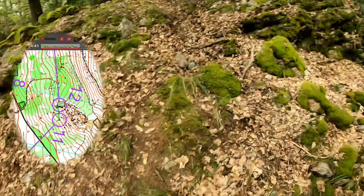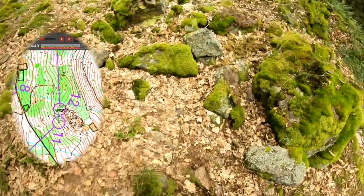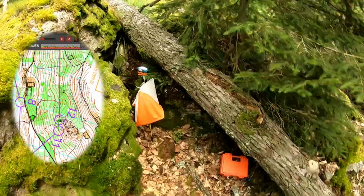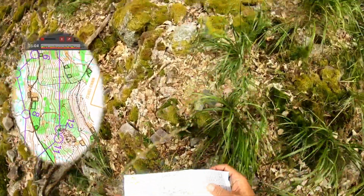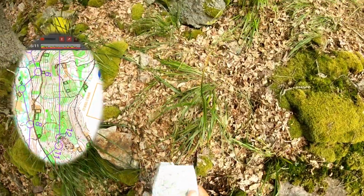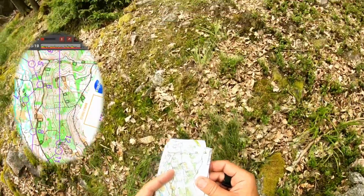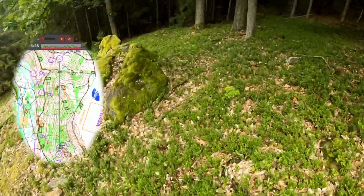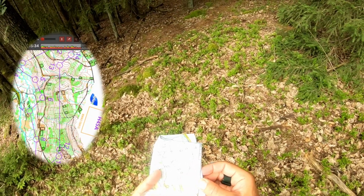But then the next route choice that I did was not probably the best one. I remember the feeling because I was very undecided. I couldn't decide if I should go, let's say, more up and get it from the right side, through the paths that are there, or if I should go straight down to the path and along it. And because of this undecided mind, I basically started going somewhat in the middle,